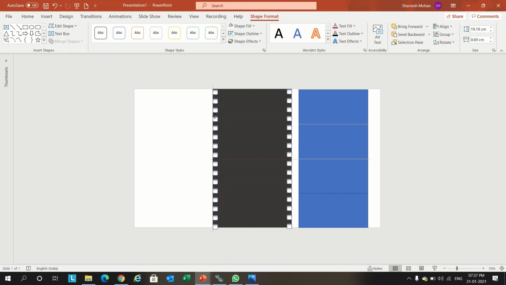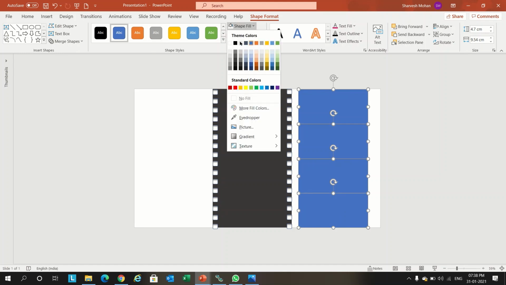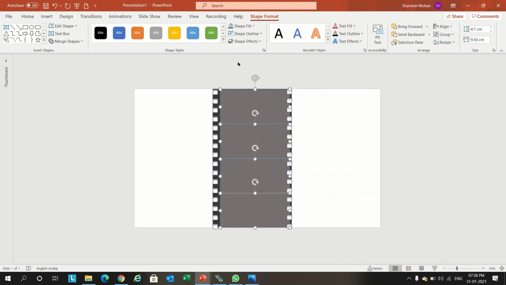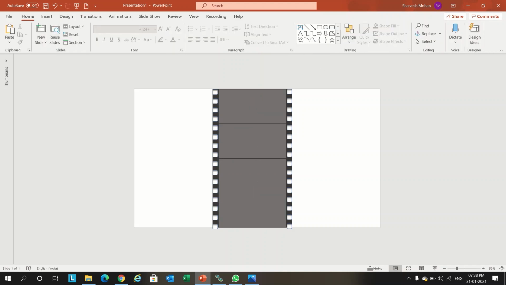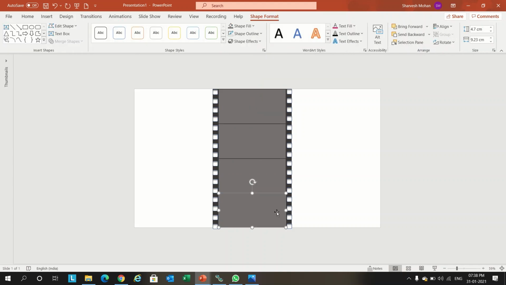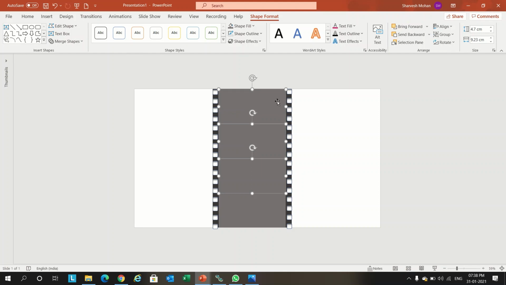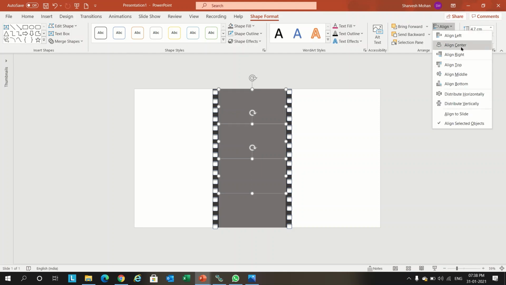Similarly, we'll adjust this and we'll put this back. Before that, we'll change the color of this to light gray, and we'll put it on center of this. We'll reduce the size a little bit. We reduced it, and we'll give a no outline. Sorry, there is some gap we have to give. We'll give align center, and distribute vertically.